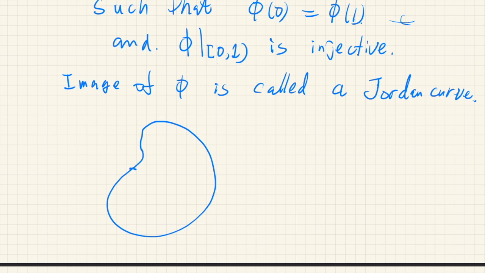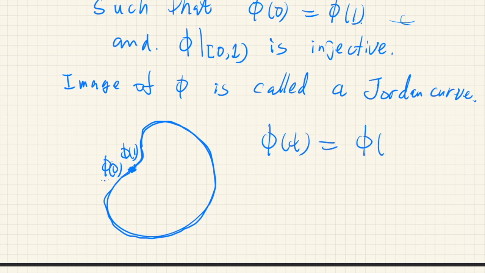If the map at this point corresponds to phi of 0, and if we increase the value of the variable to 1, the value of phi of 1 coincides with the same point as phi of 0, and this is injective, because phi of t equals phi of t prime means t is equal to t prime, right? What this means is that no